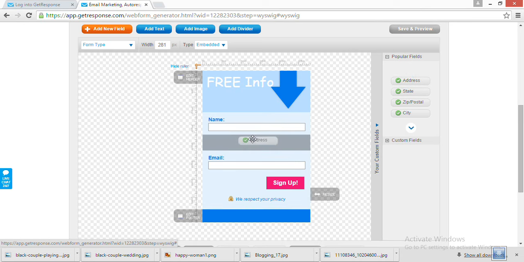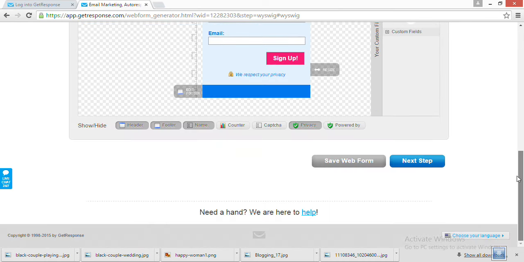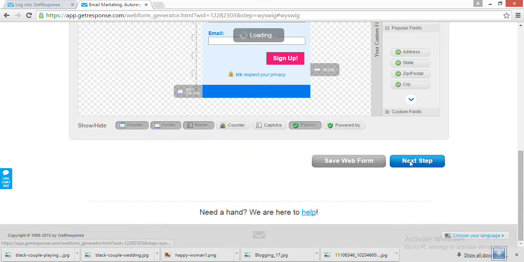Drag and drop. Once you see that it has created a place, the space, now you just drop it. You click, hold it and drag, then you drop it on this place. So you just click on next,